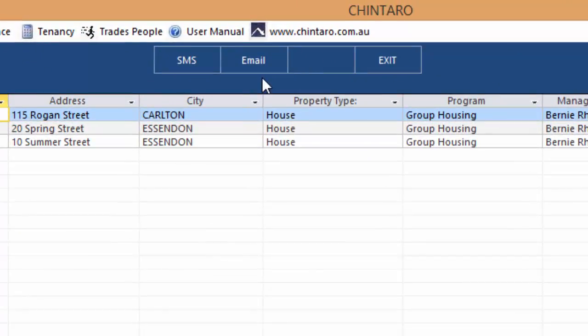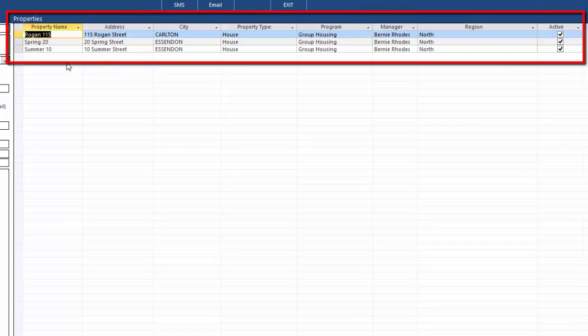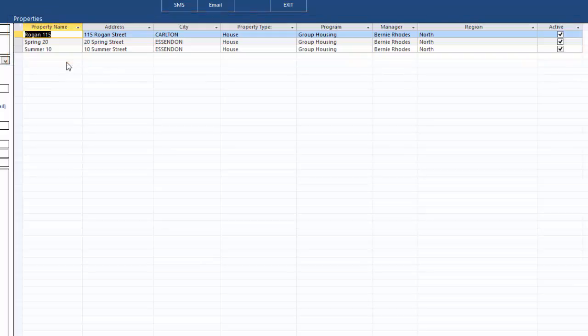Up the top here, we can see the SMS function and the email function, allowing us to SMS or email the owners directly, the same as we've seen in other places in the system. On the right-hand side, we have a list of properties owned by this particular owner. This list of properties has been automatically populated when we selected Elton John Real Estate as the property owner from